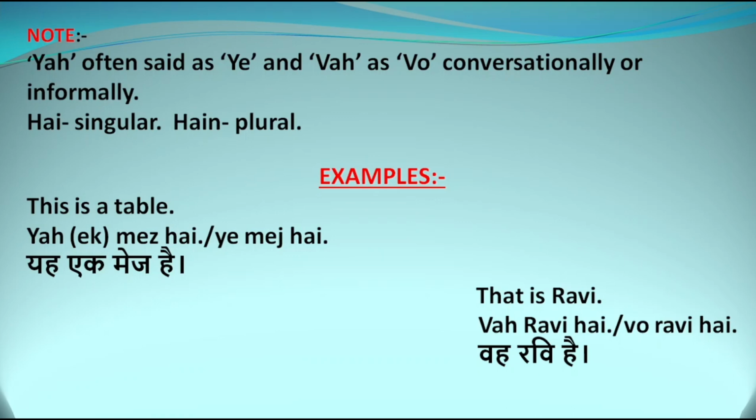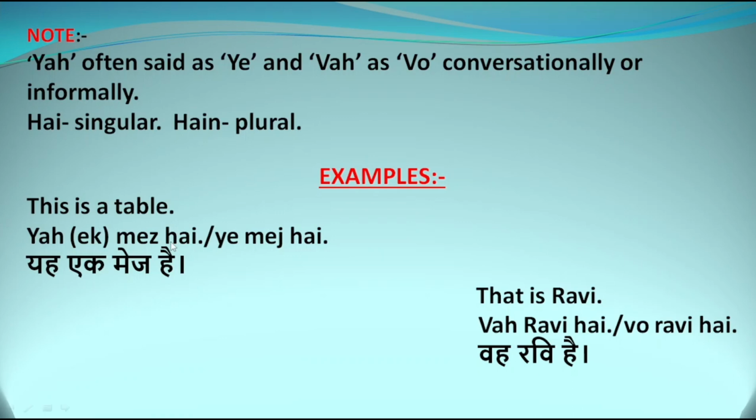यह मेज है. I put एक also here. You can see why this is ek: in Hindi there is no meaning for the articles a and the, but sometimes to show one thing or many things we can differentiate using ek. So sometimes for a we can use ek, but this is not the true meaning of a. So we can say this is a table, यह मेज है और ये मेज है.